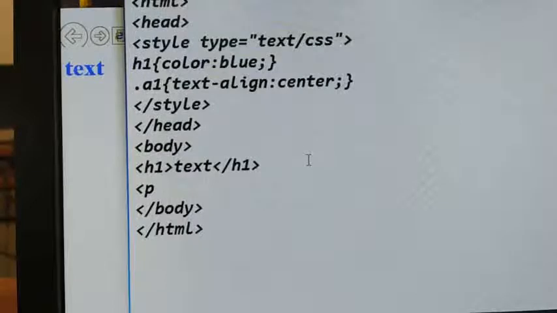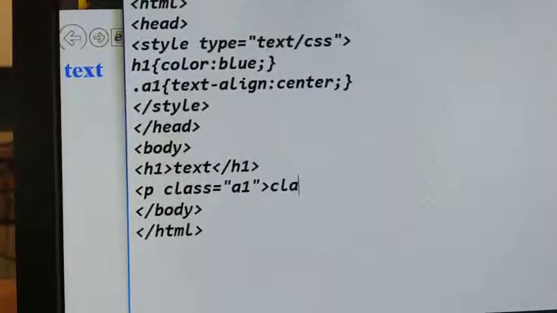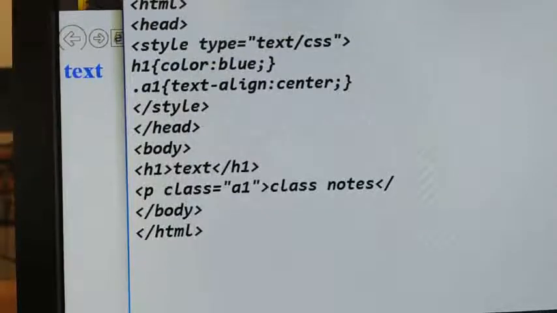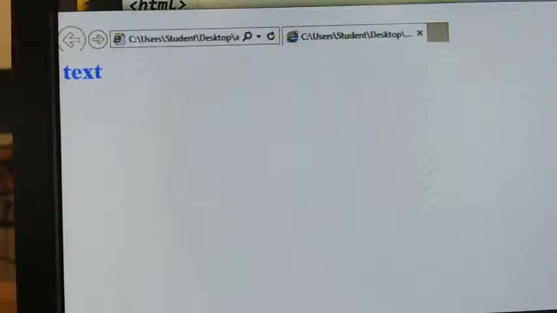If you want to use the class selector, what attribute will you use? Class. Class equals A1. Save it. For example, class selector notes, I am writing 'class notes'; you can give any text. I am closing the paragraph. Save it. Come to the browser window, refresh this.